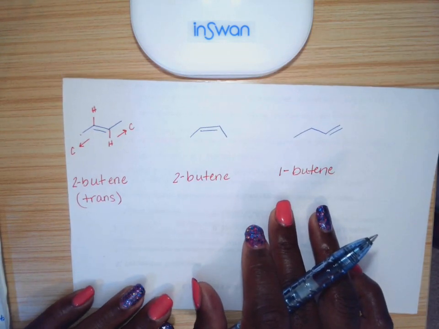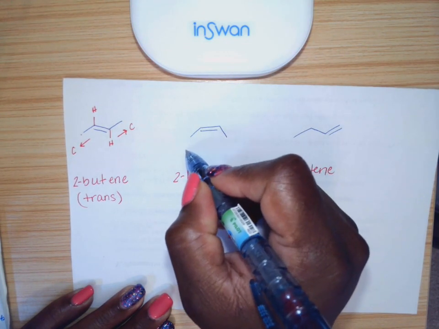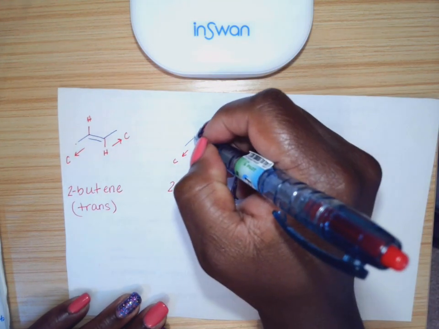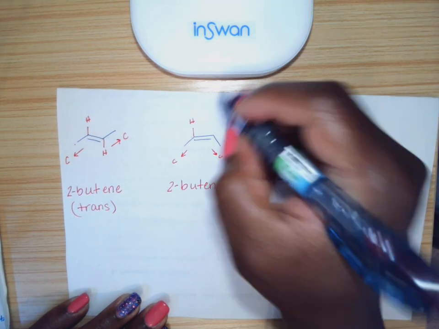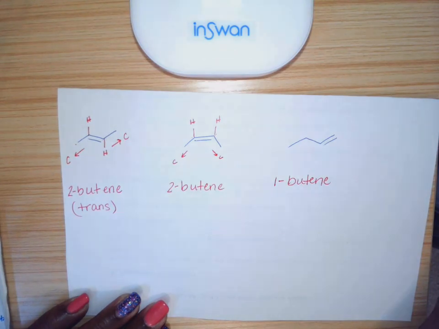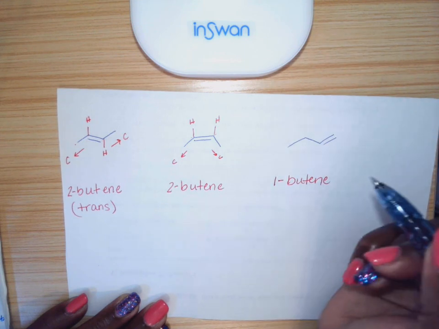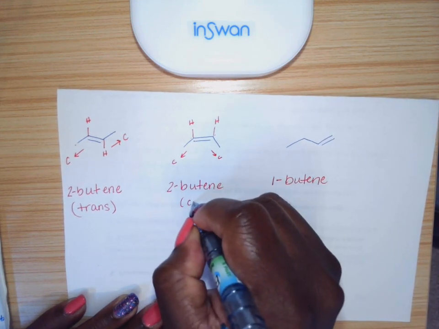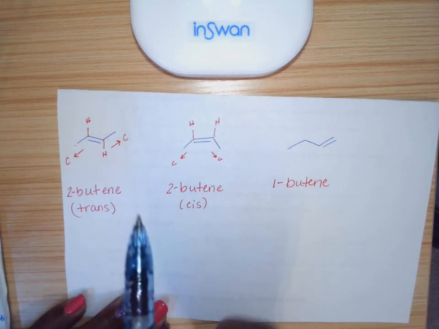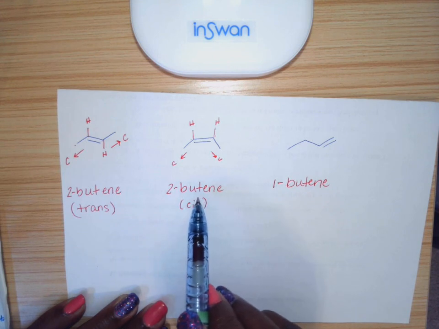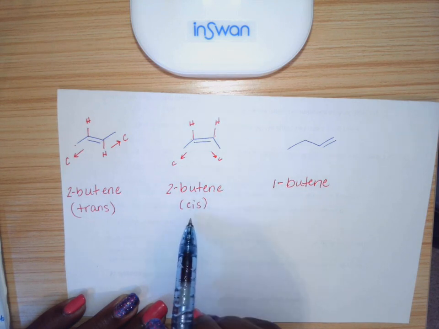Same thing with the next molecule. Where my double bond is located, that carbon has 3 bonds already. This carbon is pointing downward. So that means my hydrogen is going to point up. The carbon on the opposite side is pointing downward. So this hydrogen will also point up. Now both carbon atoms are pointing in the same direction. Or I can look at both hydrogen atoms, which are also pointing in the same direction. So this would represent a cis isomer. Cis and trans are stereoisomers. So those molecules have the same name, 2-butene, but what's different about them is how those groups are arranged around the double bond. Cis means same side,